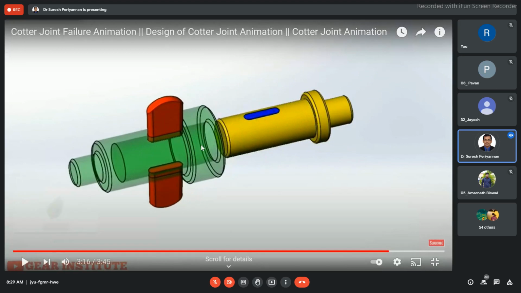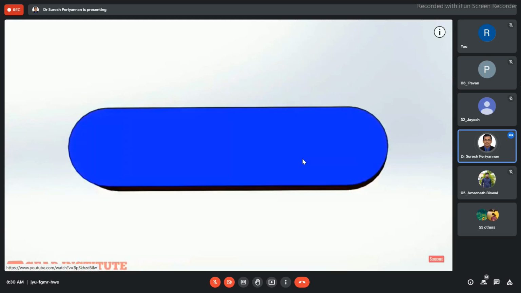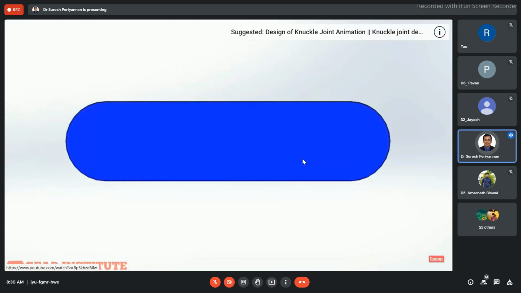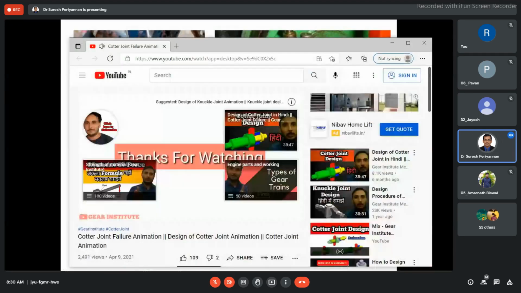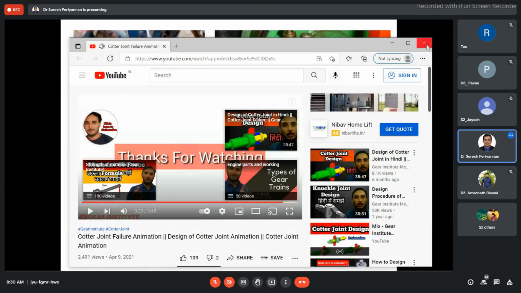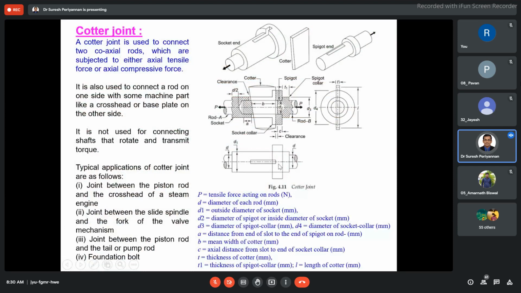Just very important. This is cotter failure due to shear in the double shear. I mean this cross section and this cross section. Okay. Now see here, we move to